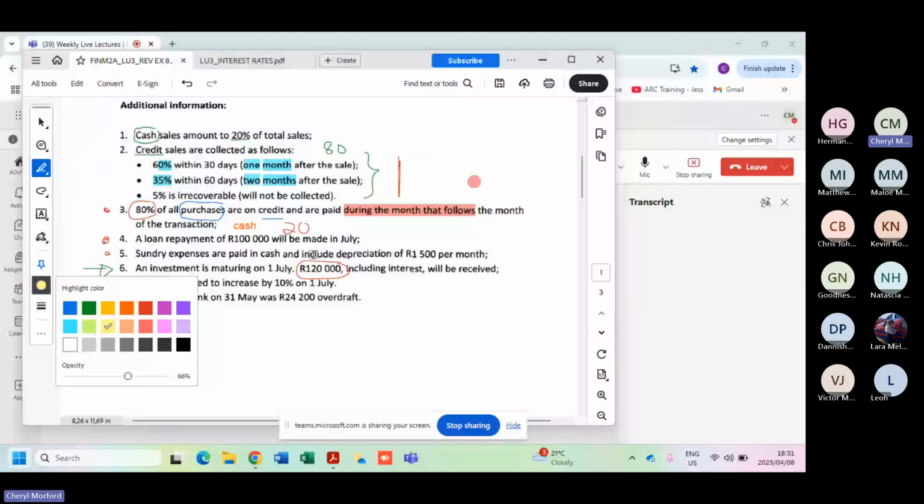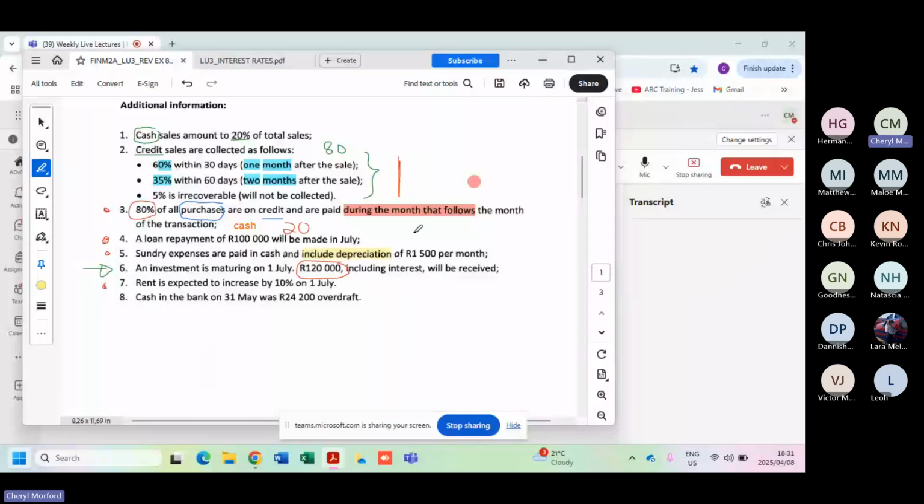Can anybody tell me now what we need to do with this? Who's feeling bright and adventurous tonight and wants to tell me what I must do with that? Must I leave it? Must I do something with it? Must I adjust, I would say, to it? Leave it, miss. Leave it. Okay, so which budget are we doing? What's the name of it? The cash budget. It is, exactly.